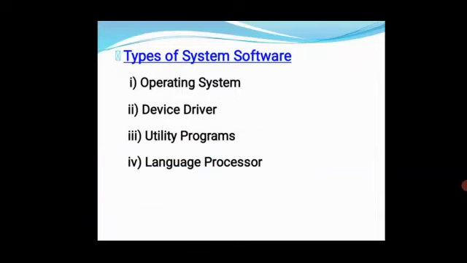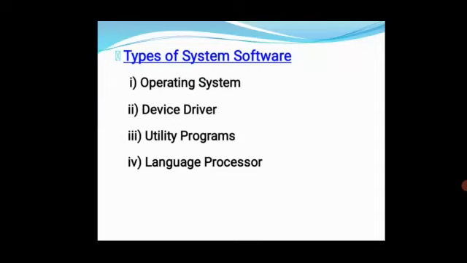So mainly, system software is designed to run a computer's hardware, and also, if you install some type of software, you can run the application program also. How? I will tell you later. With the help of the types, you can understand easily. The system software is designed to run the computer hardware and provides a good platform for running the application software. I will explain the meaning of application software in this video class.